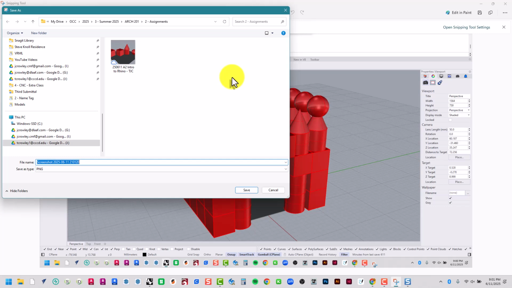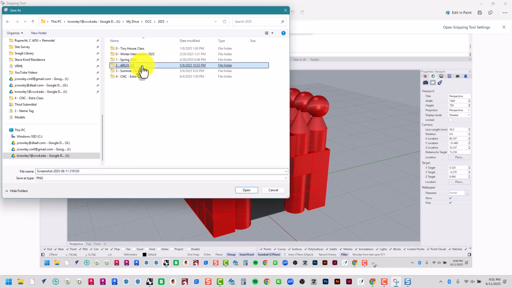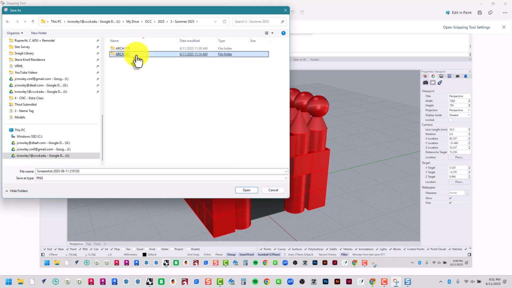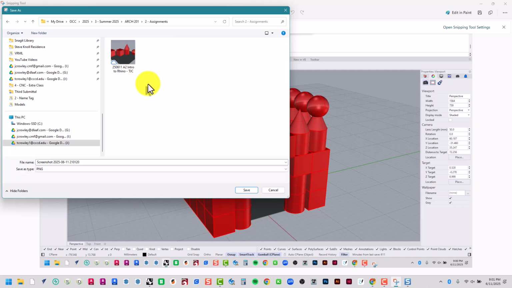Saving your assignments and your screenshots with the proper file naming scheme and putting it in a place where it's organized is very important in my courses. So I've got mine organized here under OCC 2025, Summer 2025, ARC 201, and I'm going to put it right here in this folder called Assignments. I'm going to give it the same file name as the one I did previously, which is the preferred file naming scheme in my course,